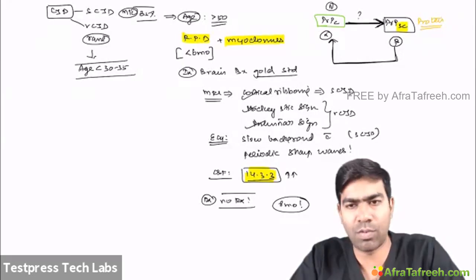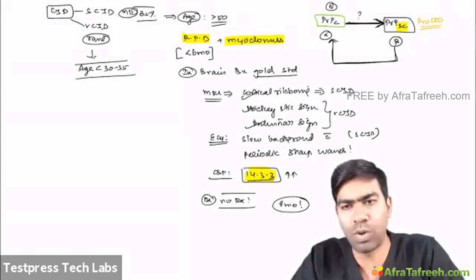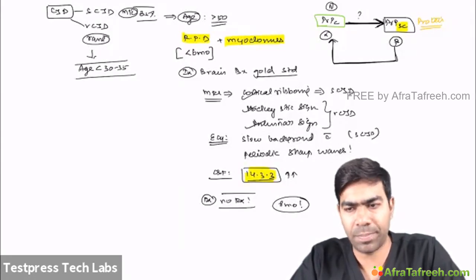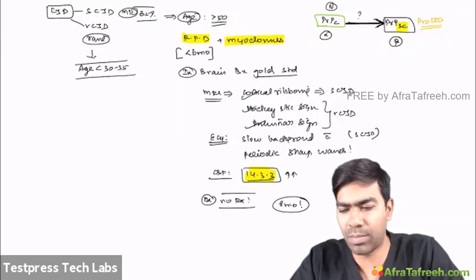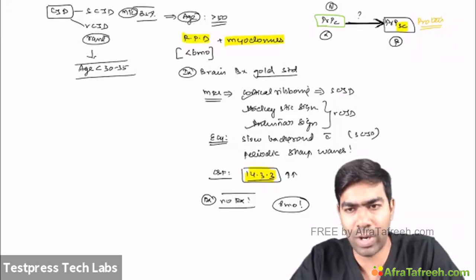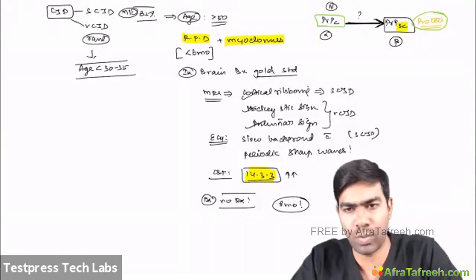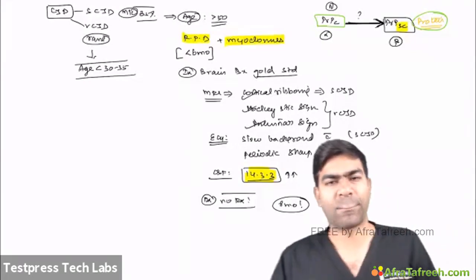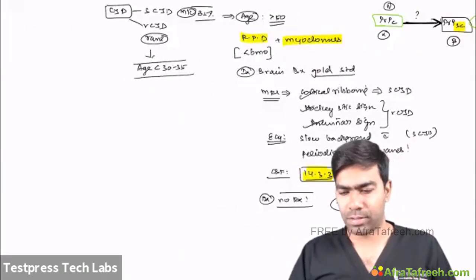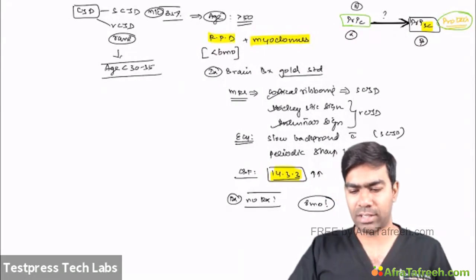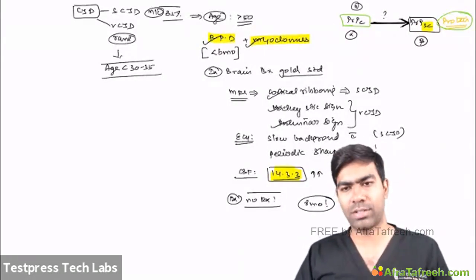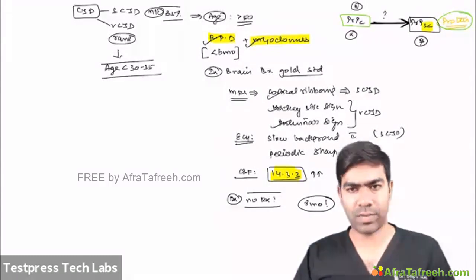So this looks like some sort of a virus and a cloning, isn't it? Once PrPSc protein is formed, they keep going in a vicious cycle and convert more and more PrPc to PrPSc, which means it's like a protein infecting another protein. That's very enigmatic, and it looks like a virus, but it's not. It's a protein only. How many ever times they ask in exam, I can surely tell it's a protein only. It's definitely not a virus. It behaves like a virus though. That's one enigmatic thing about this prion protein. Fine, so this is about CJD. As far as CJD is concerned, rapidly progressing dementia with myoclonus is CJD unless proved otherwise. That's all.